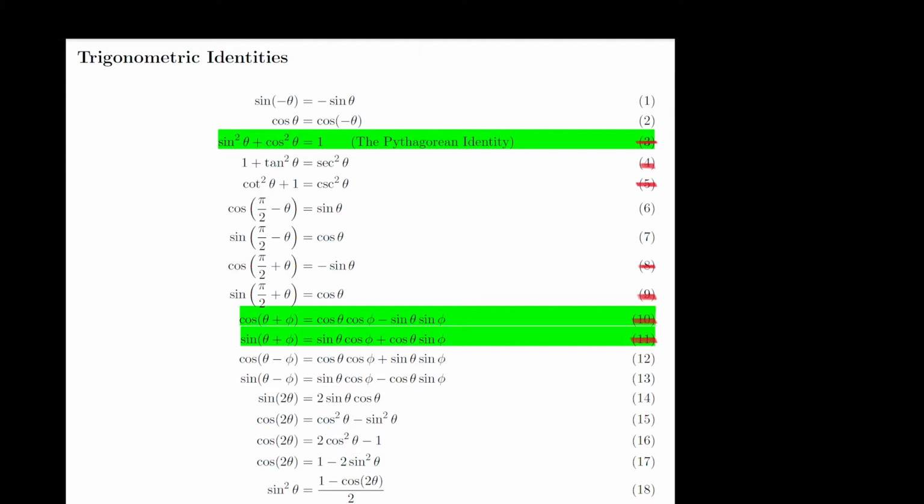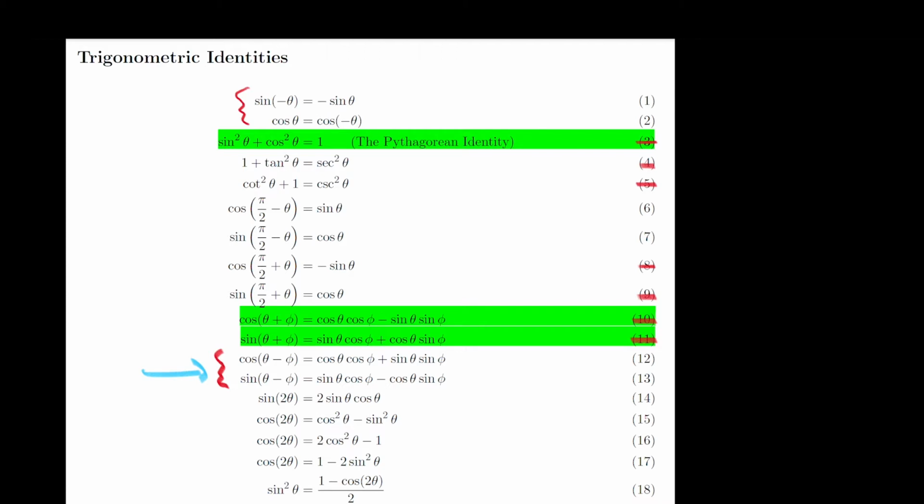I started to suspect that perhaps it couldn't be done, because in order to prove these two here, 12 and 13, the difference formulae, I felt like I needed 1 and 2. And in order to prove 1 and 2, I felt like I needed 12 and 13. So I was worried about a circularity issue. I thought that, well, either I will have to prove these two geometrically and then prove 12 and 13, or the other way around. So either way, I would end up having to prove 5 geometrically before I could prove the rest just by